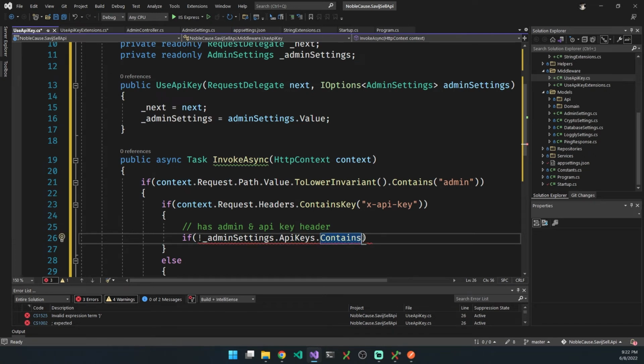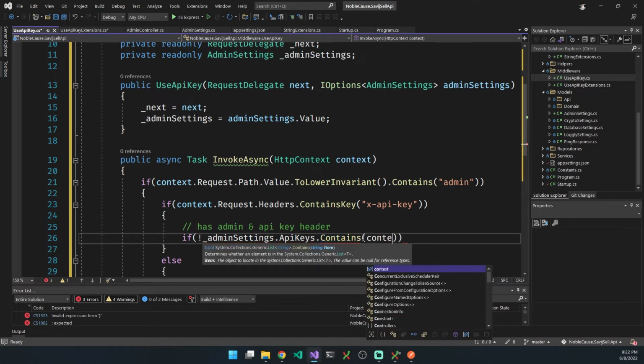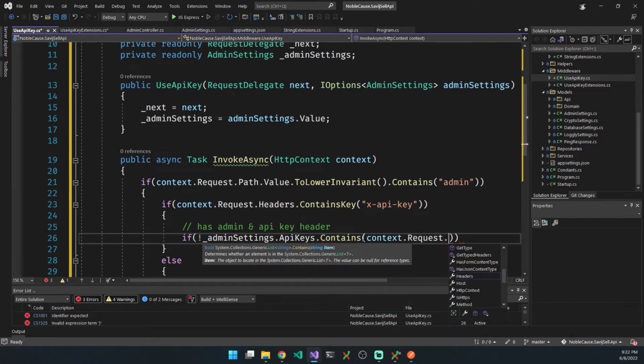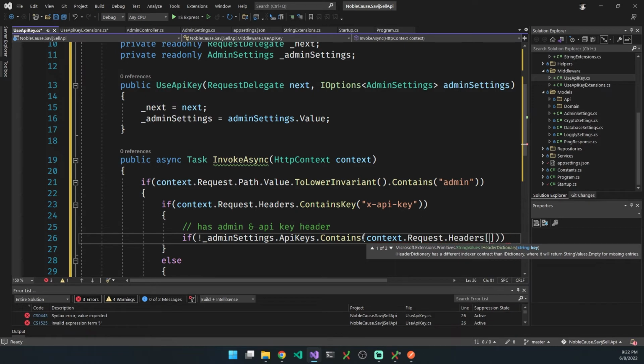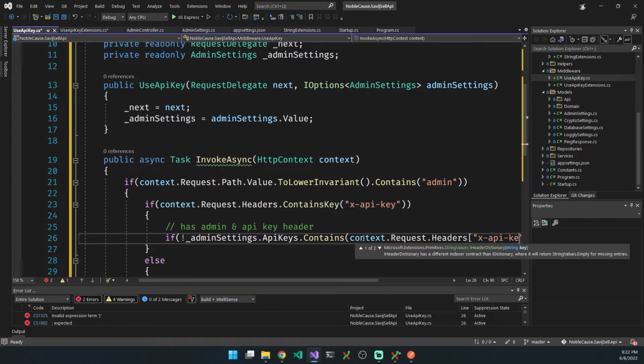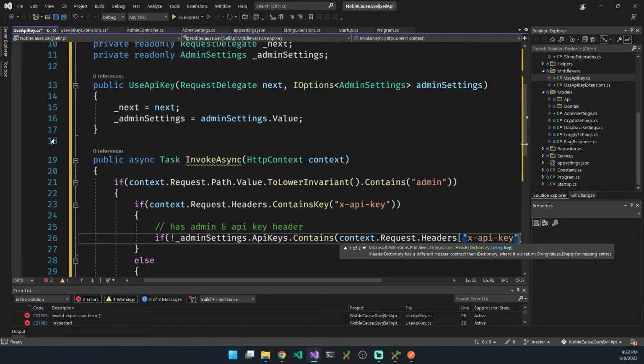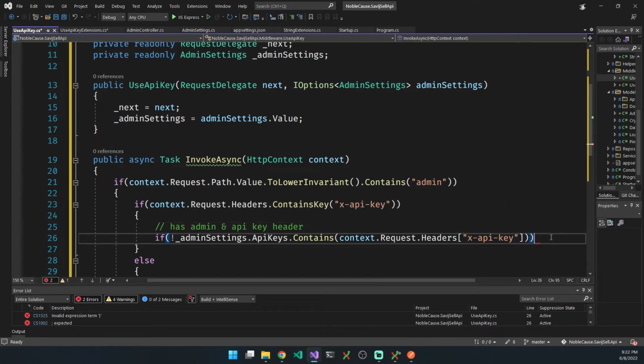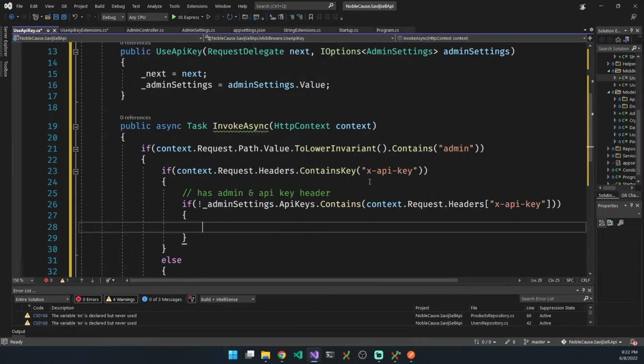does that API key list contain the value that's being passed in from Postman, right? Which is going to be our context.request.headers of X API key. Let me shrink that down a little bit. Okay, so